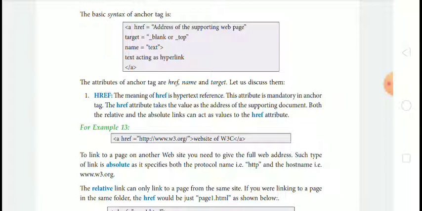The attributes of the anchor tag are href, name, and target.